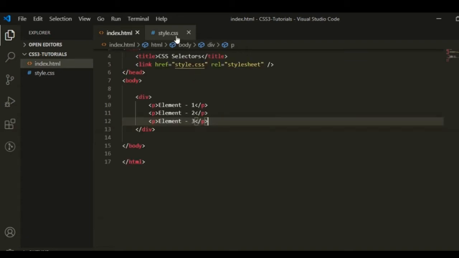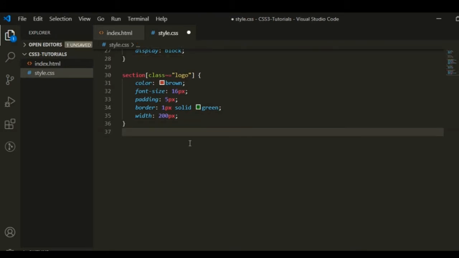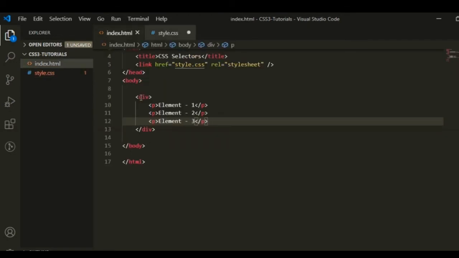Okay, let's write some CSS rule for this selector. First, selector parent element is div. Then here we have a div as a parent element and paragraph as a child element.